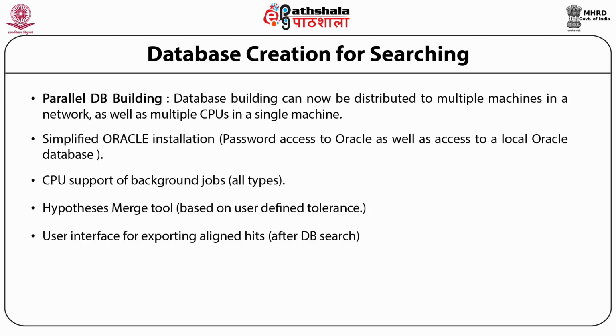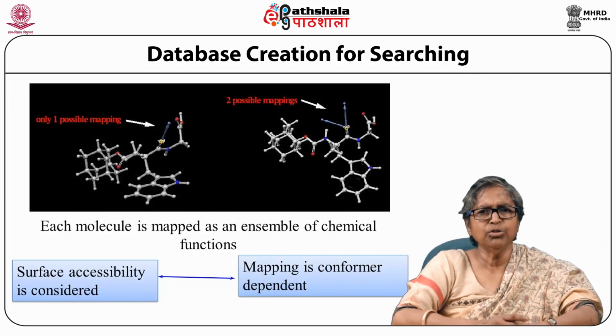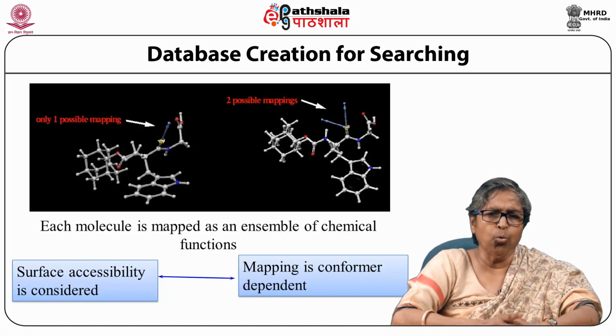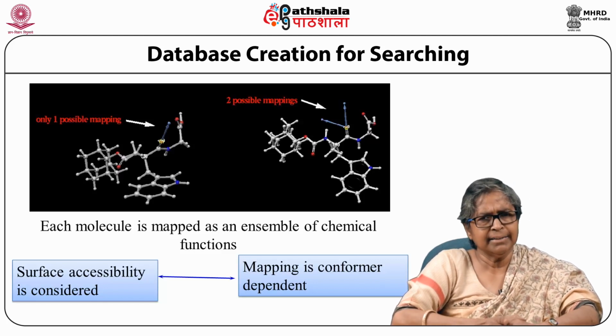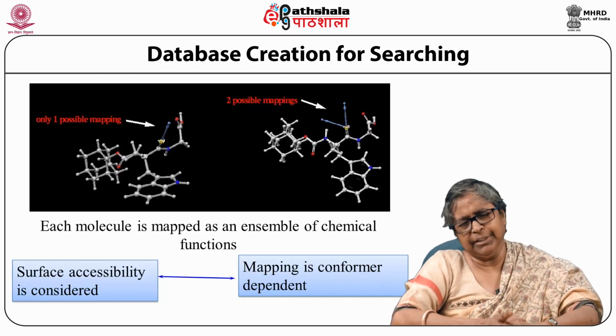And this database searching has to be very highly efficient because millions of compounds, with almost each compound carrying more than 100 structures, have to be properly stored in the databases. We should be depicting here how the molecules are mapped. Basically, the molecule shown on the left-hand side shows one conformer of the structure, and the right-hand side shows how it can fit with two different chemical functions.